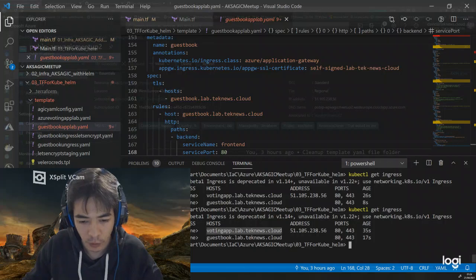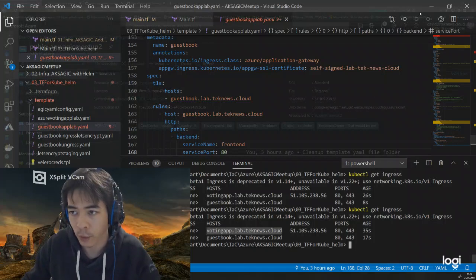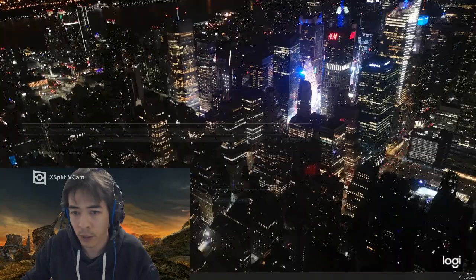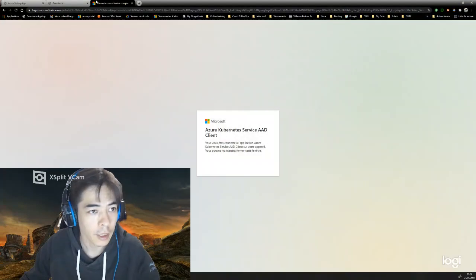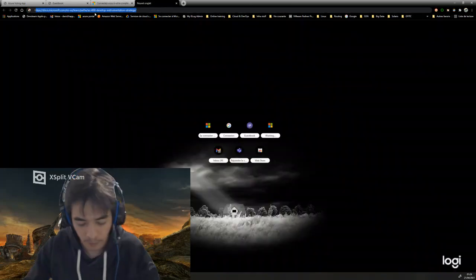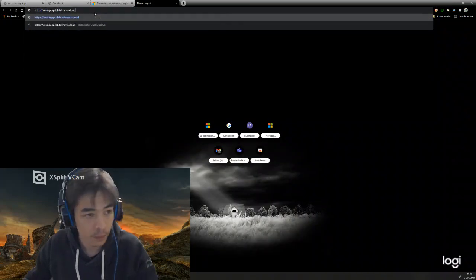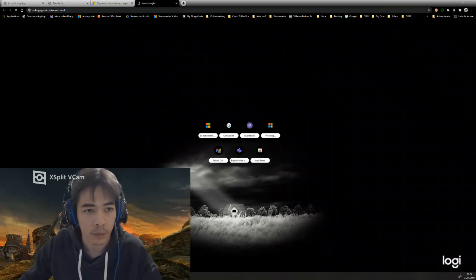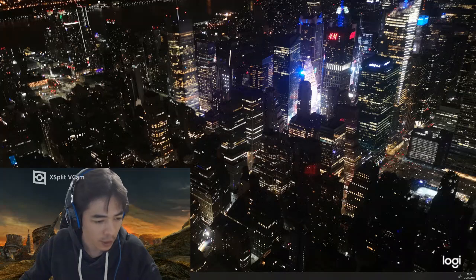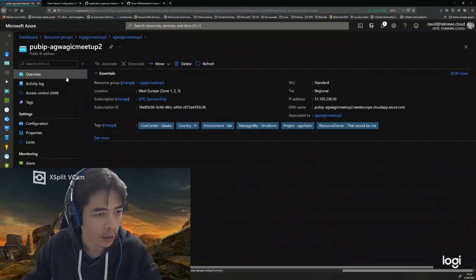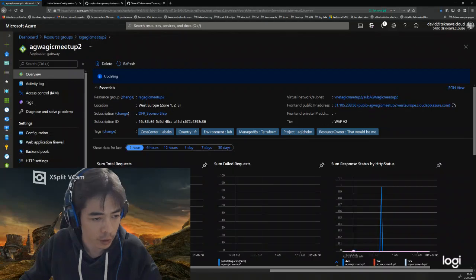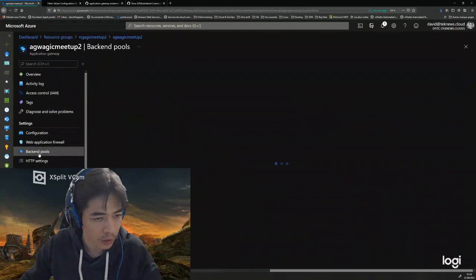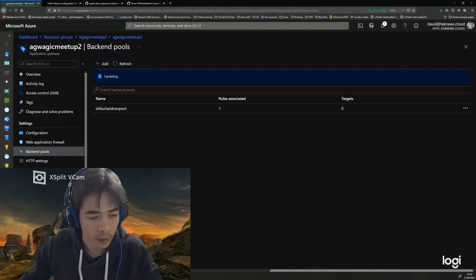So if I'm going over there, this one, this is this address. Let's try that. Not on this navigator because it doesn't seem to be working tonight. And switching on this one. And let's try to reach this one. We should reach the website that we want in a few minutes. In the meantime, while it's trying to reach that, maybe we need to check that in the backend on the application gateway, the backends are ready. They are not ready yet, so it may take some time. Let's wait until it's ready before trying to reach that.